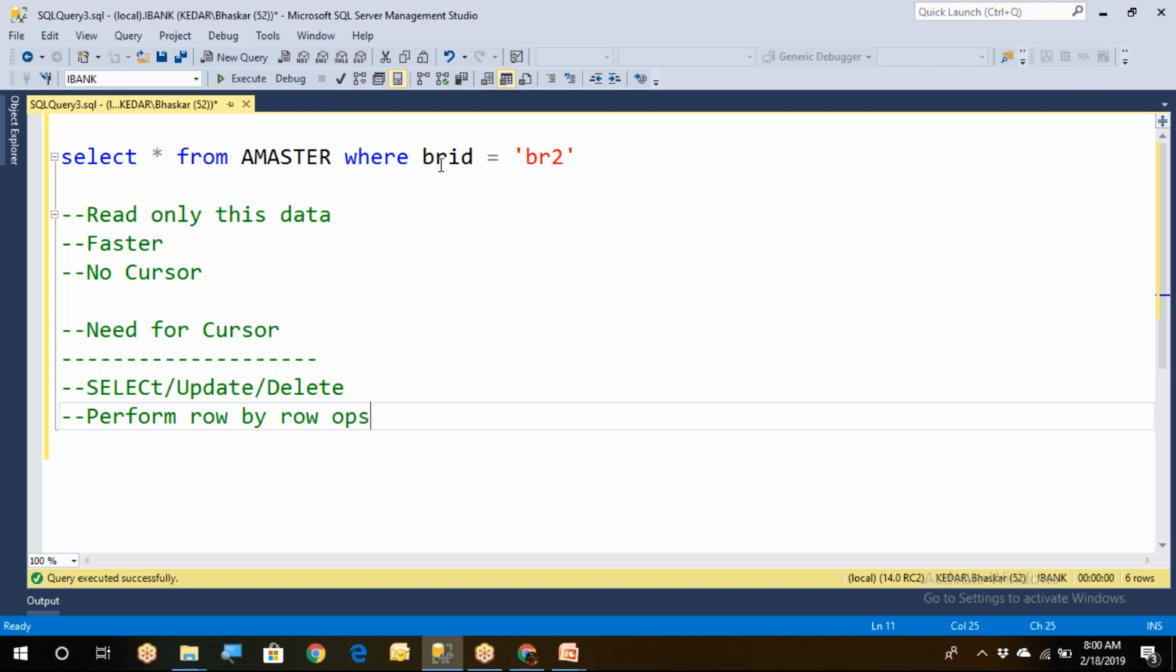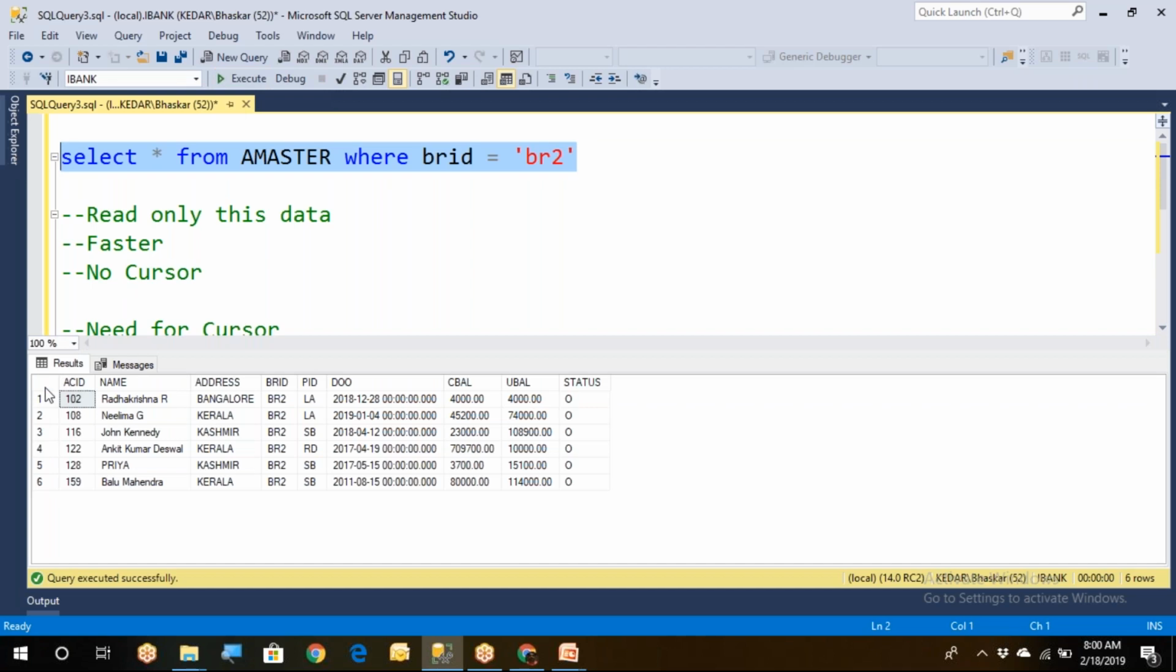Row by row operation means that, normally, SQL Server gives me all the data at a time. But I don't like that. I want to have a single row, then I need the second row, then the third row. I want to get the next row. So this is what is called a looping operation. If you want to perform a looping operation, row by row, then also normally we're going to